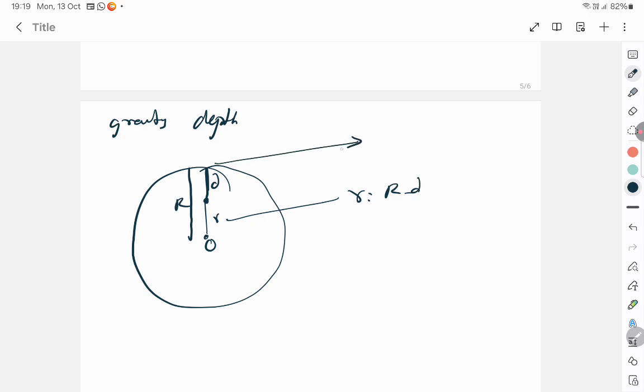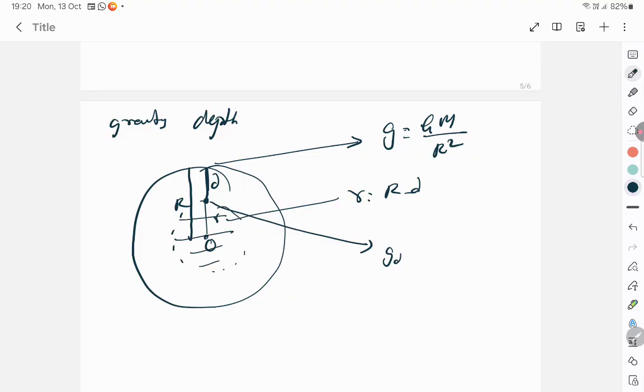So let's write gravity at the surface. What is gravity at the surface? I'm not putting s anymore, you understood now. It is g into capital M by capital R square. Okay, gravity at a depth. Gravity at a depth means, I told you, only that part of the mass which is interior to it will contribute to force of attraction. So when I write here, I am supposed to write g into, not M, I should write dM, by position vector small r square. This is the formula for gravity at a particular depth.